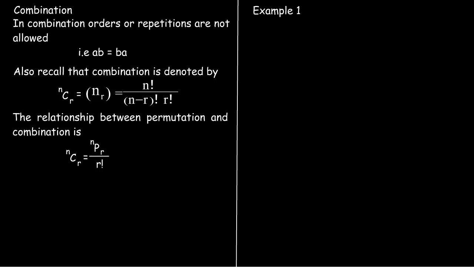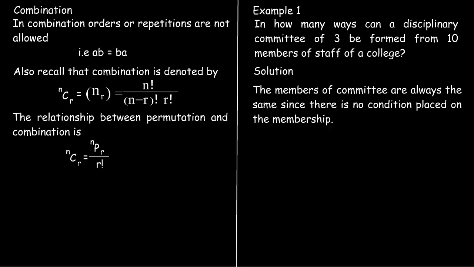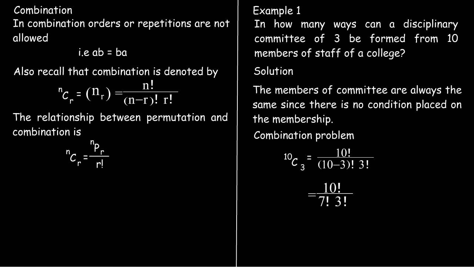Now for our very first example, we have the question that says: in how many ways can a disciplinary committee of 3 be formed from 10 members of staff of a college? Now for our solution, the members of the committee are always the same since there is no condition placed on the membership. This is a combination problem, so it means 10 combination 3, which is equal to 10 factorial divided by (10 minus 3) factorial, 3 factorial, which is equal to 10 factorial divided by 7